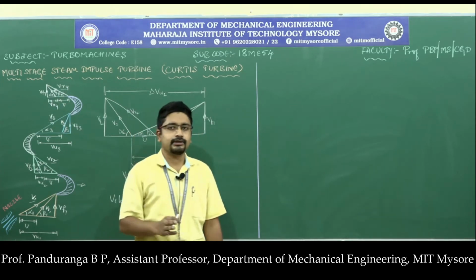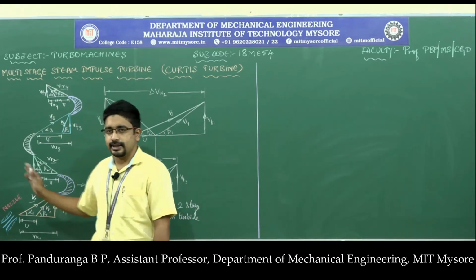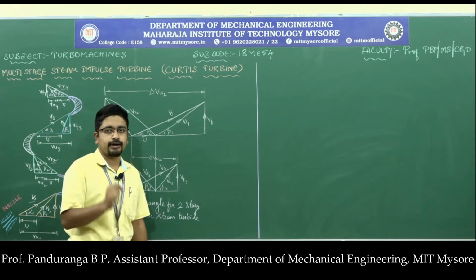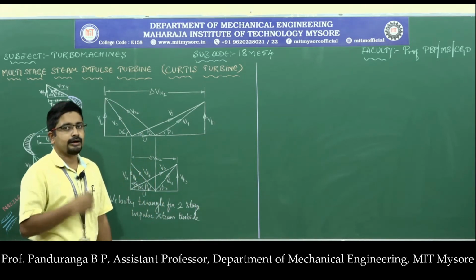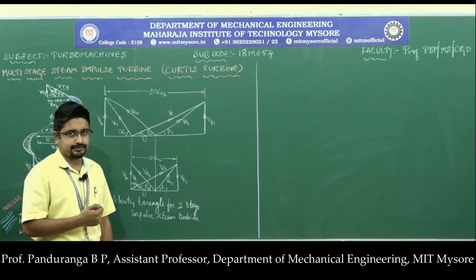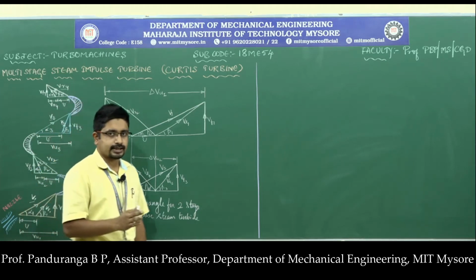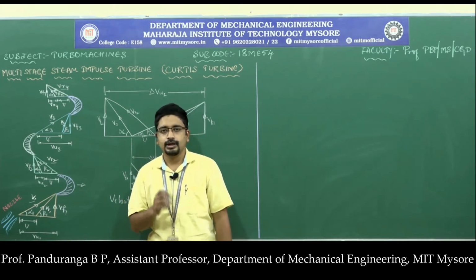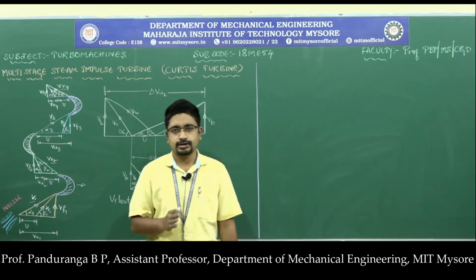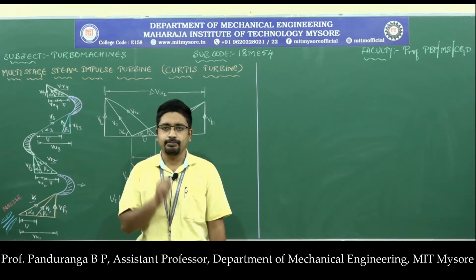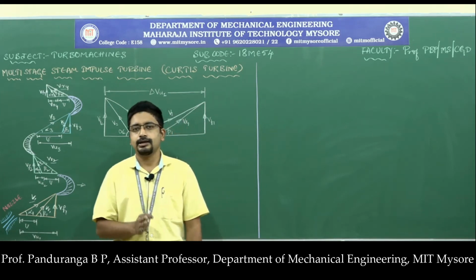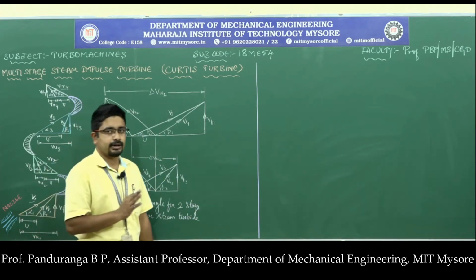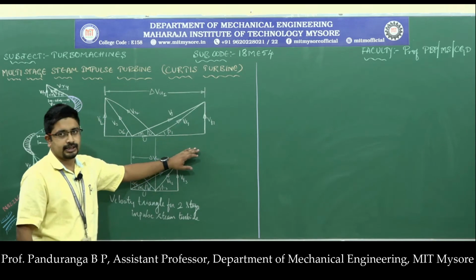Now let us see the combined velocity triangle for the optimum value of utilization, or the optimum value of blade efficiency. As we have discussed in module 2, to achieve optimum velocity we need to reduce the carryover losses, and the carryover losses will be minimum when the steam is leaving the turbine in the axial direction. Okay, that point needs to be remembered while constructing the velocity triangle.